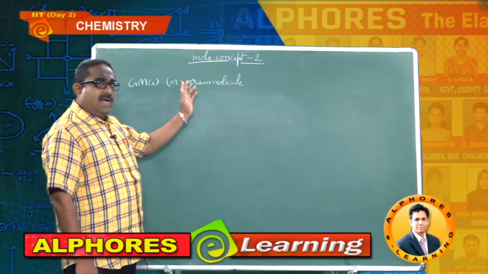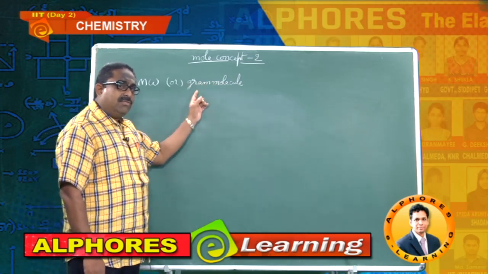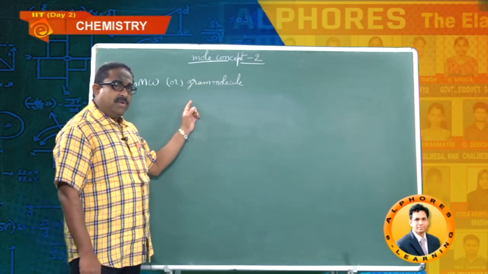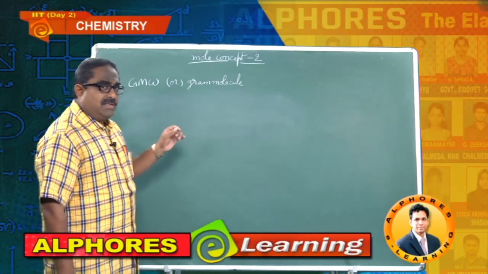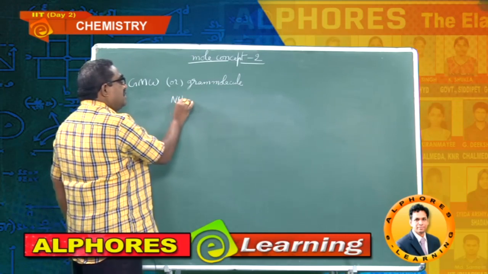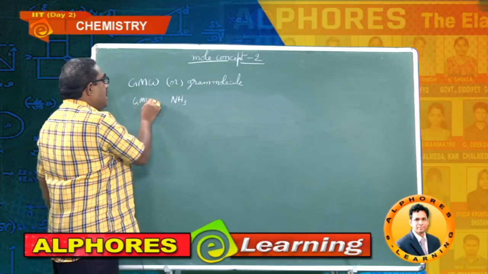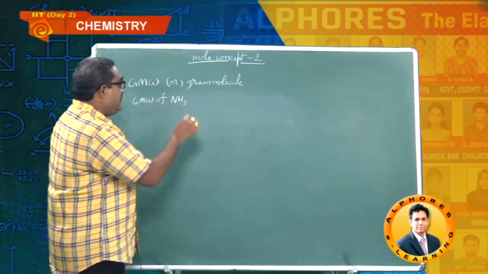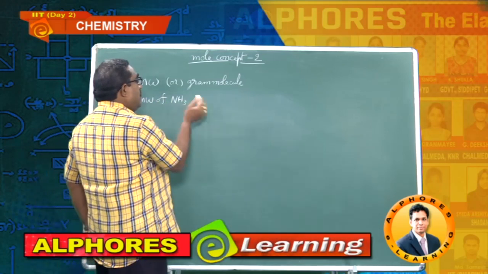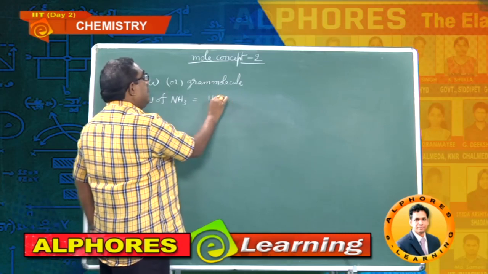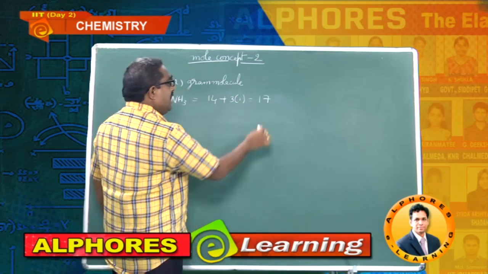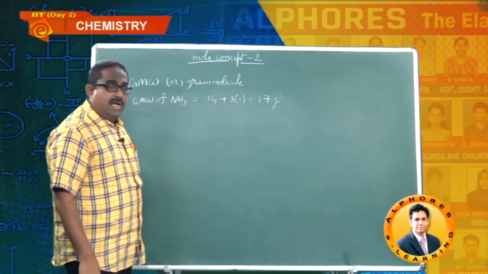The definition and approach, everything I have explained already to you, and I have also explained how to estimate the molar masses of the compounds if you are given the formula. Once again I am going to repeat it. Say, for example, if I want to calculate the molar mass of ammonia, gram molecular weight is equal to the sum of the individual atomic weights of the elements. 1 nitrogen, so atomic weight of nitrogen is 14, and 3 into atomic weight of hydrogen 1, that is 17. So 17 grams is the molar mass of ammonia.